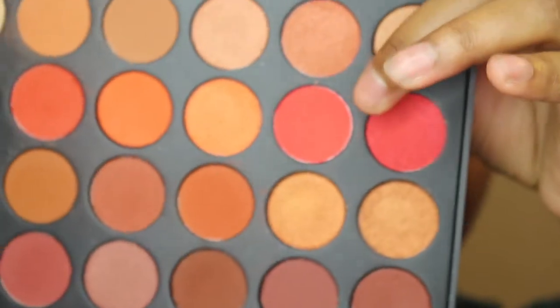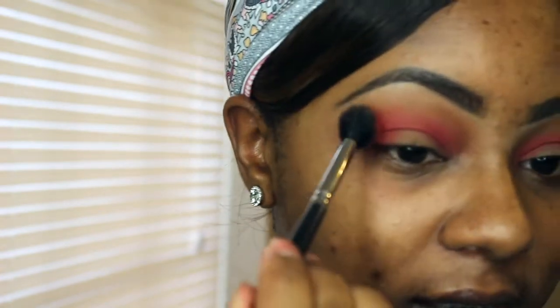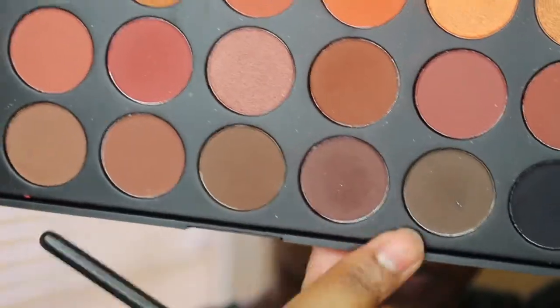Going back in with that brush that I used to apply my transition color, I'm just going to blend out those edges just for a smoother transition of that color. This red color right here. And then I just like to blend out the edges just to give it a nice smooth transition. These two dark brown colors,